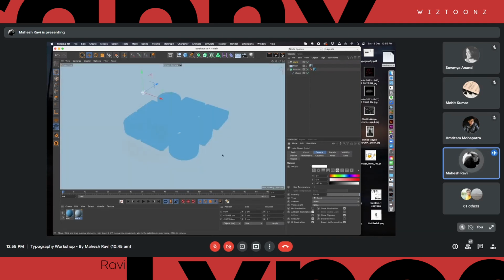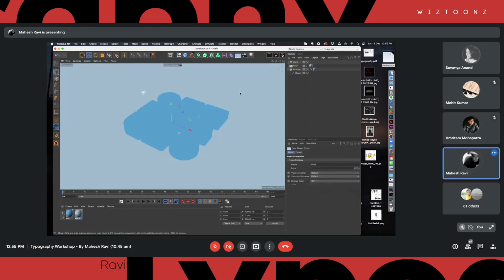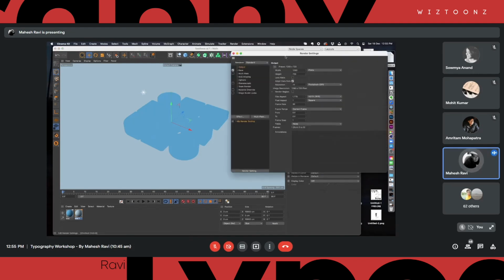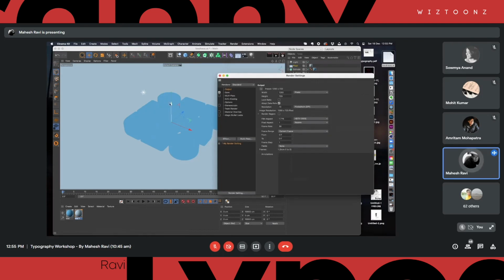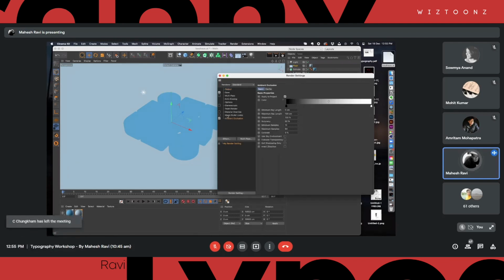Can you see that everything is gone now? If I render it right now, nothing is visible. That's because we just converted it into a sun, but we didn't define any shadows. We didn't say that this will have shadows or anything like that. So that's something we have to set up. I need to say that this is a naturally lit scene, so it needs to have a little bit of ambient occlusion. Do you know what ambient occlusion is?